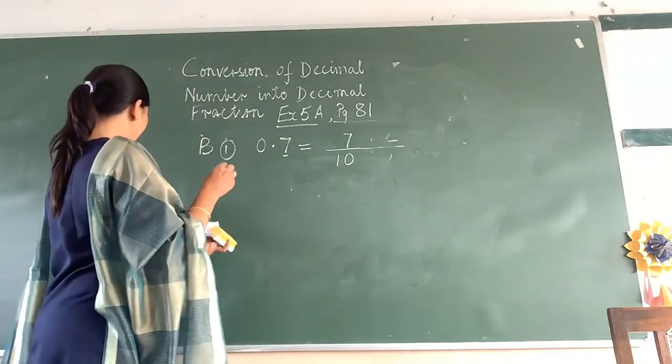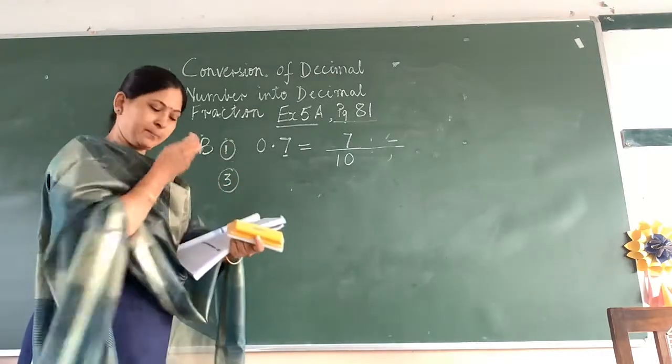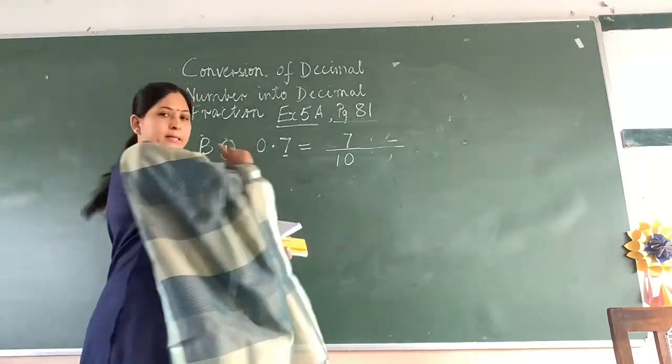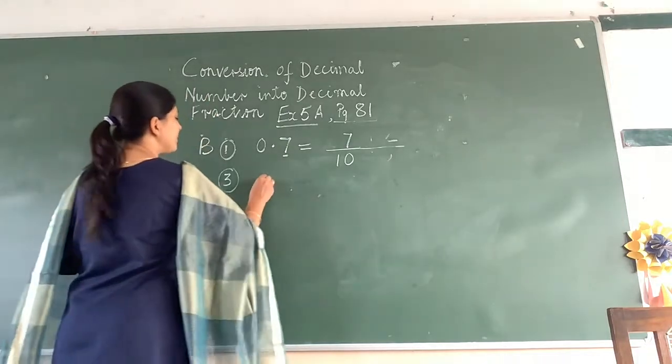Now let's take sum number 3. We'll take different types of sum. Sum number 2 is similar to this. Okay, so you will have no difficulty in doing that. Sum number 3,